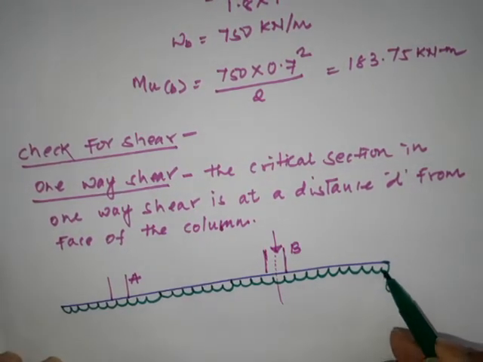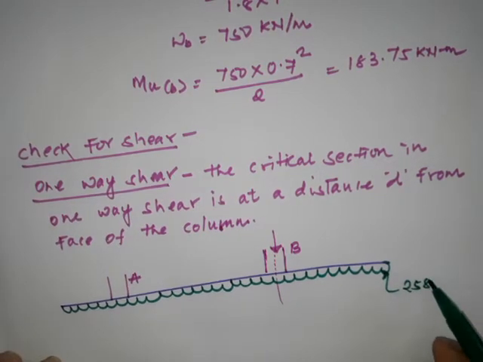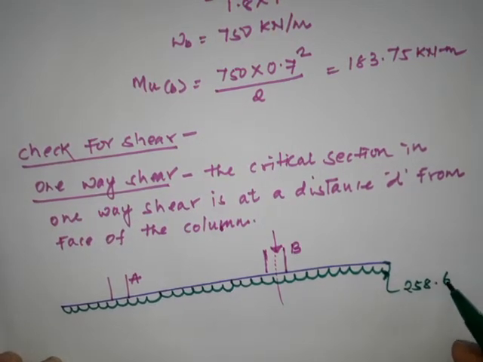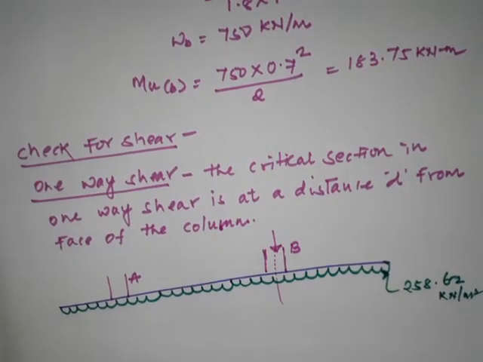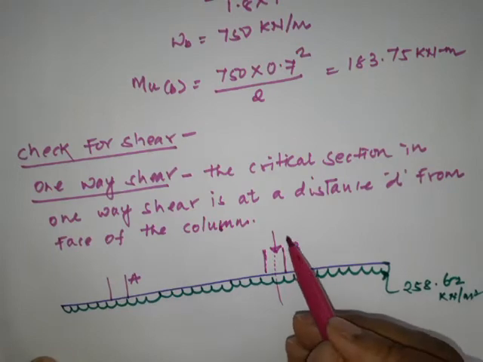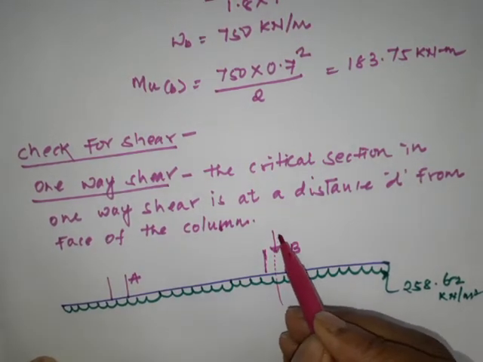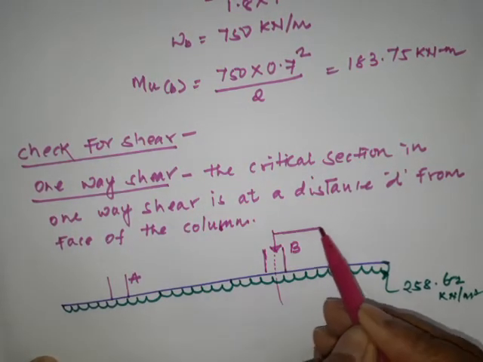This upward pressure is 258.62 kilonewton per meter square. Already we have got that value. This distance from the center of column B, from here to here,